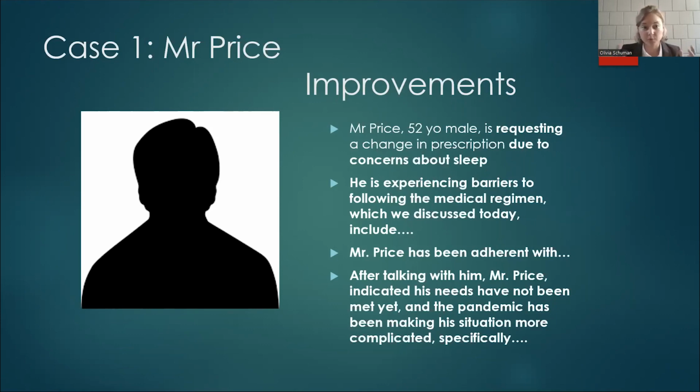And rather than viewing the patient as simply non-adherent, what is the patient also adherent with? What are some of the positives? Patients adhere and don't adhere to a number of things. It's more accurate to represent also the things they adhere to. And after talking with him, Mr. Price indicated his needs have not been met yet. And so talking about